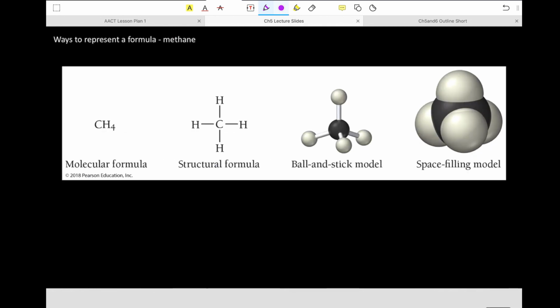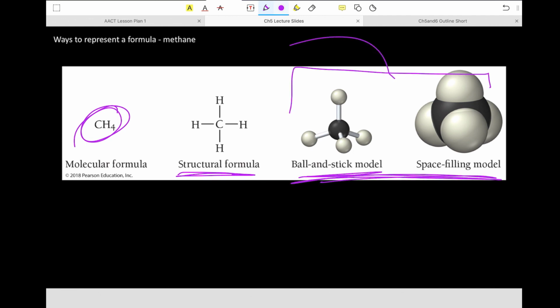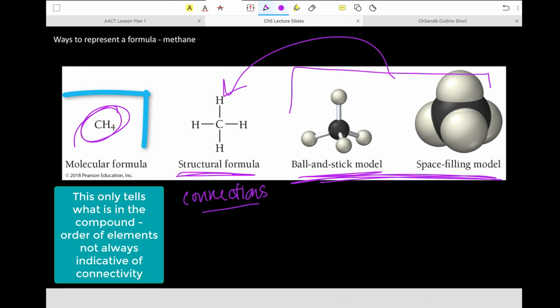So, moving along. This is one of the cool figures from your book about ways to represent a formula for methane. This is the formula we're going to work with for all of this chapter. This is the formula you guys are going to learn how to draw when we get to chapter 10. These are just different ways to represent this formula, as in, this just tells us about connections, what atoms are connected to what. These tell us about three-dimensional distribution,